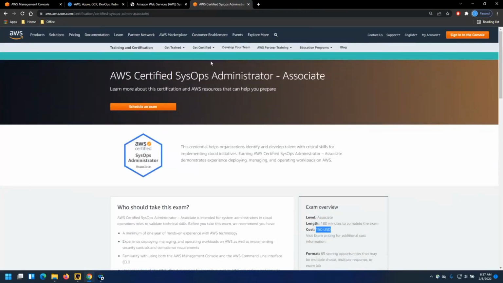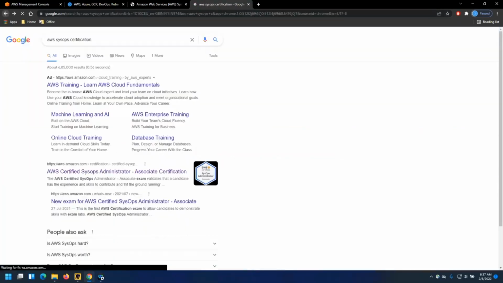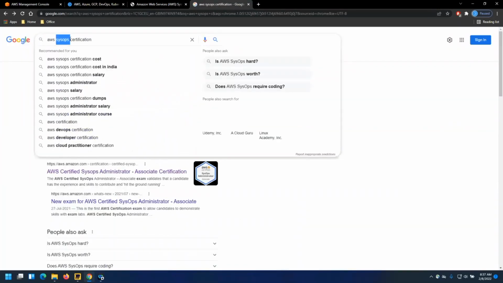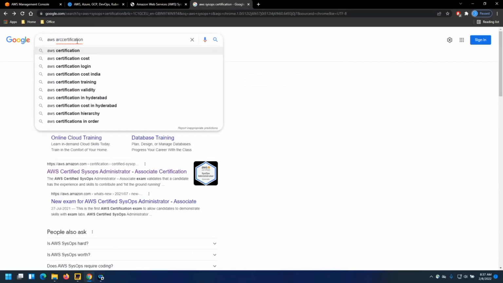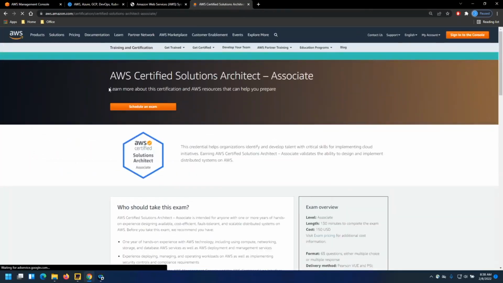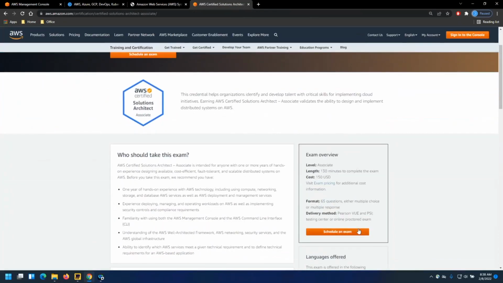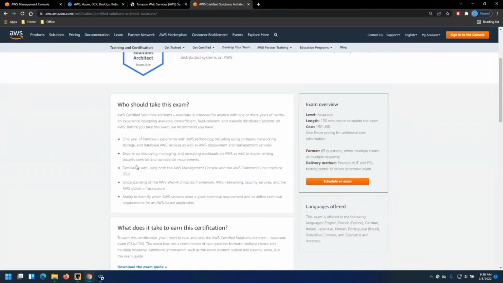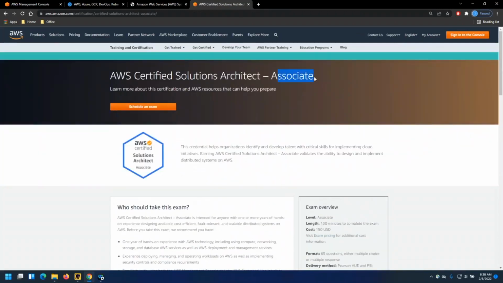And if you're trying for the architect certification, it's another $150. This is associate. So these two certifications you will be able to appear for after this training.